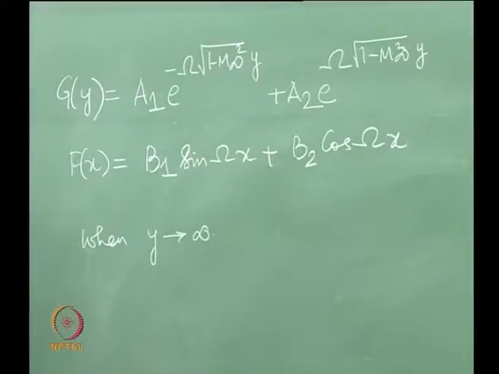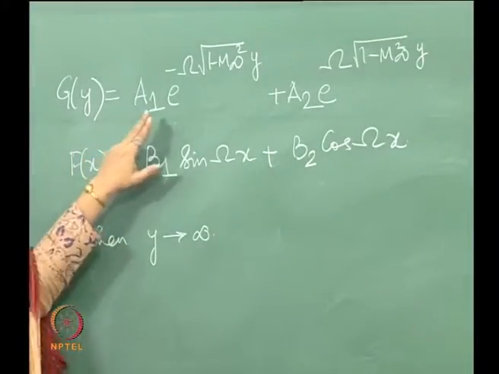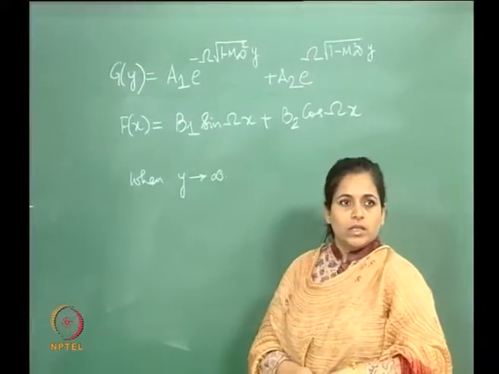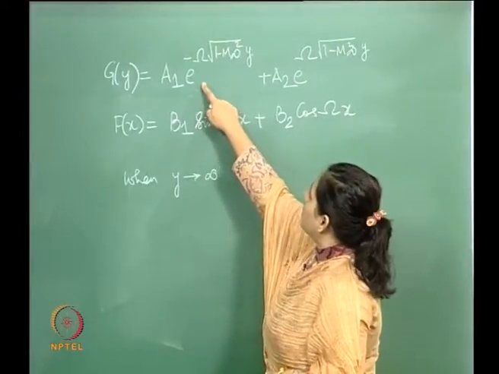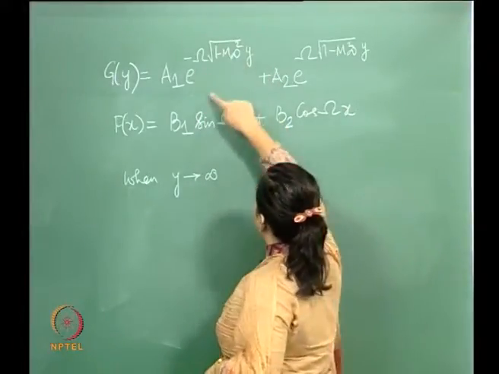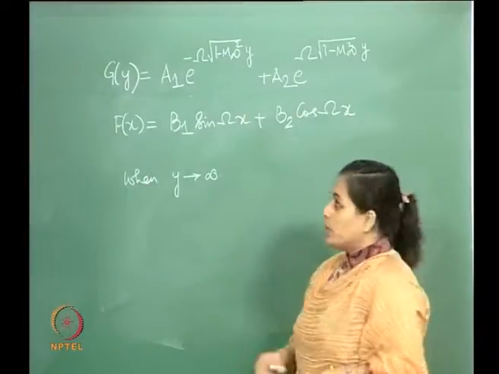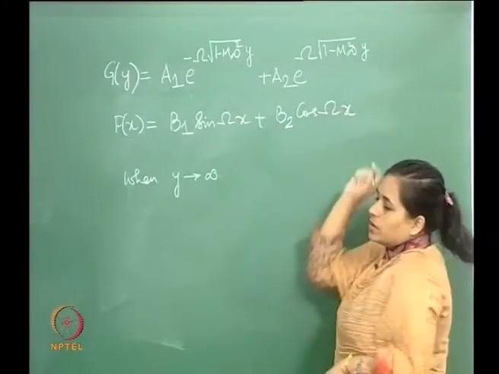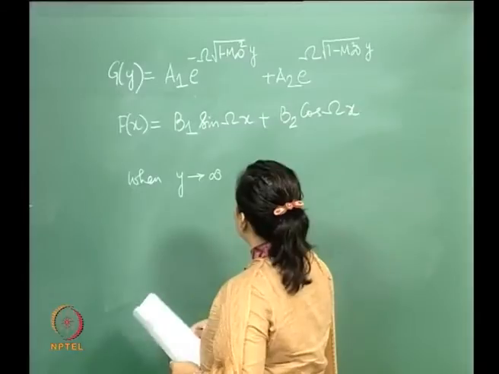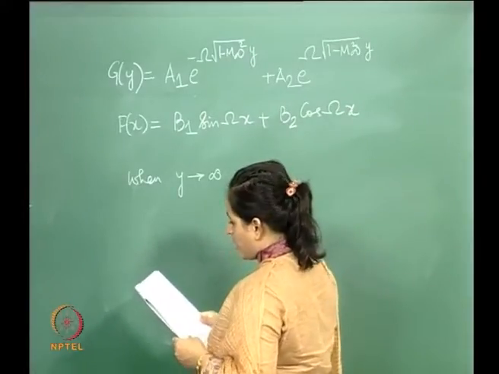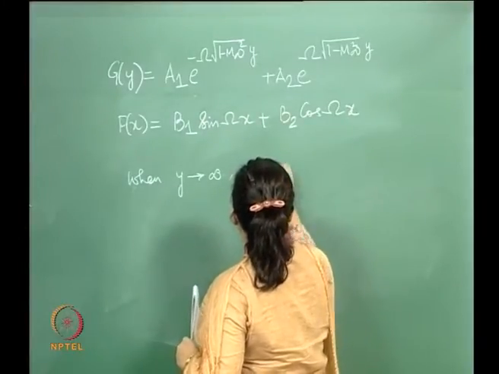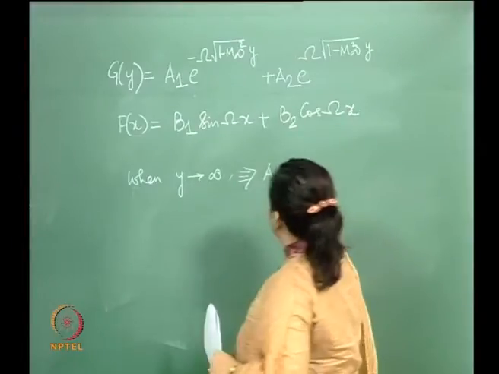when y tends to infinity, look at g(y). Okay. Now, this term becomes nearly 1, right, because this term goes to negative infinity. So, this exponential over here will tend to nearly 1, whereas what happens to this term here, this tends to infinity as well, right. So, to keep this finite, in this case this means that we have to set a2 equal to 0, because otherwise